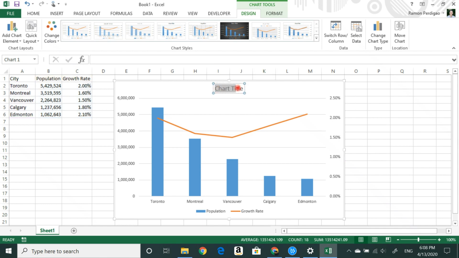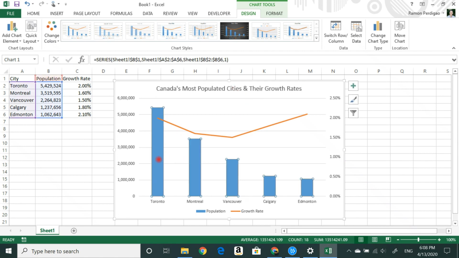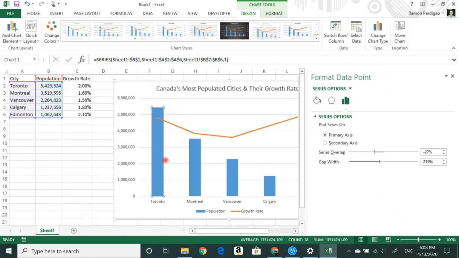So let's give it a name here. Canada's most populated cities and their growth rates. Okay, I also like to, I will double click on the bars, and if you have this option here,